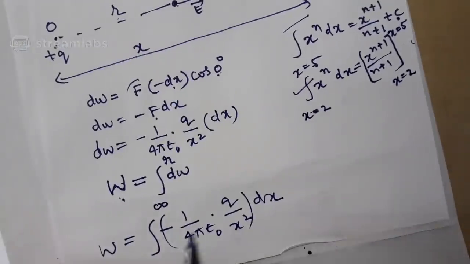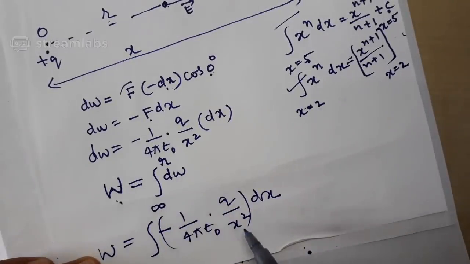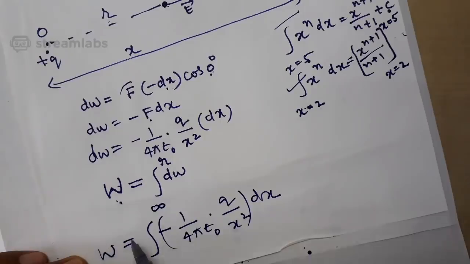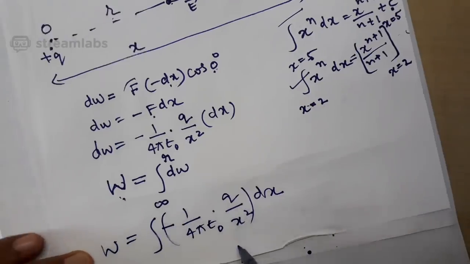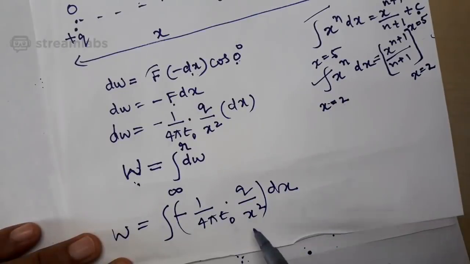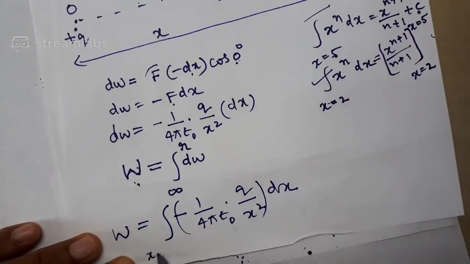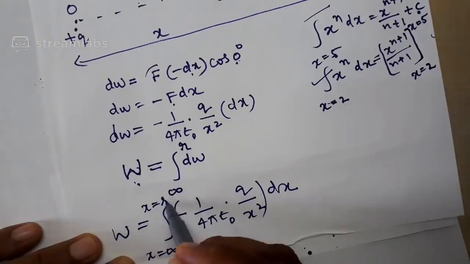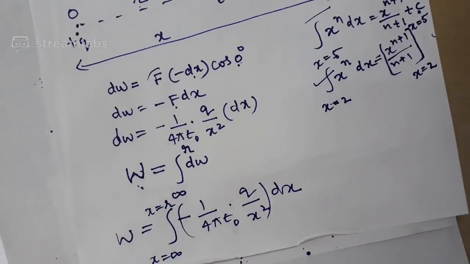Now coming to the point here. Tell me, here you are integrating with respect to what? dx indicates that you are integrating with respect to x. I'll read the formula. Total work done. This W is the total amount of work done in moving a +1 coulomb charge from infinity to a point P against the electric field. W is equal to integration of minus 1 by 4 pi epsilon naught into q by x square into dx. This dx indicates that I have to integrate with respect to x. When I am integrating with respect to x, obviously the limit values are for x only. That means x is equal to infinity to x is equal to r. Now you think why I am talking about limit values from infinity to r.